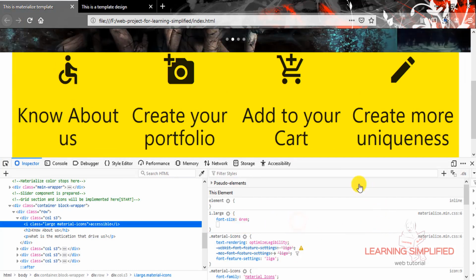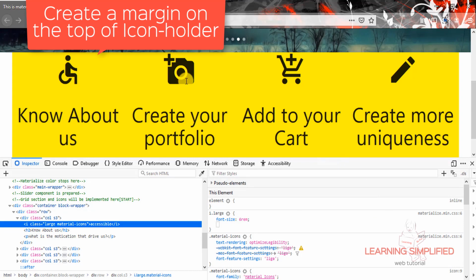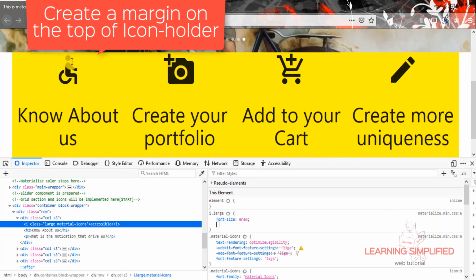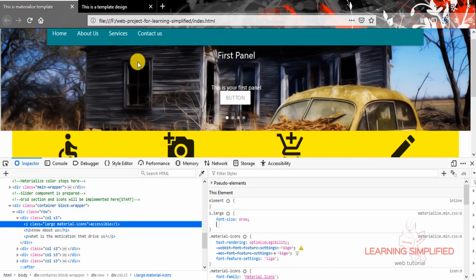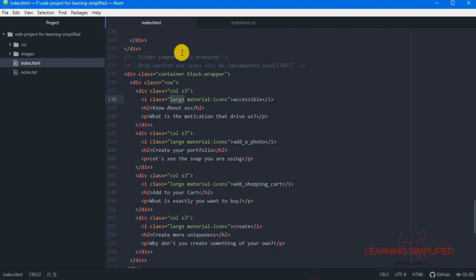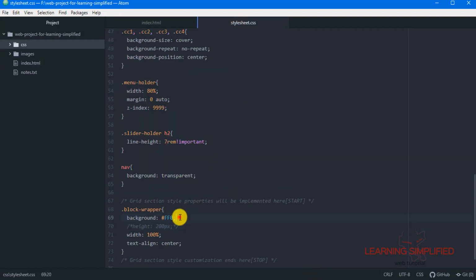Now the very first thing that we are going to do, we are going to put a margin all over this place. That means it will be taking up a margin from the top. So let's get back to our project and into this stylesheet.css.